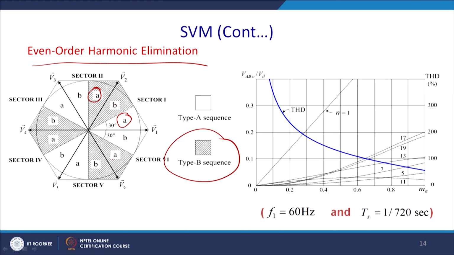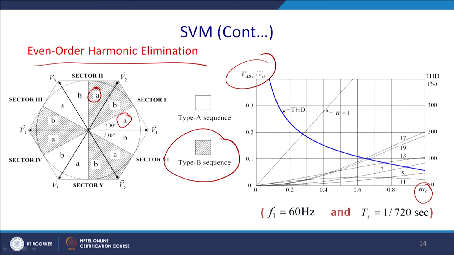So, what happened, you require to operate in a sequence A; you cannot mix sequence A and sequence B, otherwise you cannot eliminate the even order harmonics. And you can see how this ratio is reduced, THD has been reduced. So, this is the modulation index. If you increase the modulation index, THD will increase. The fundamental increases linearly, and these are the 7 and 5,